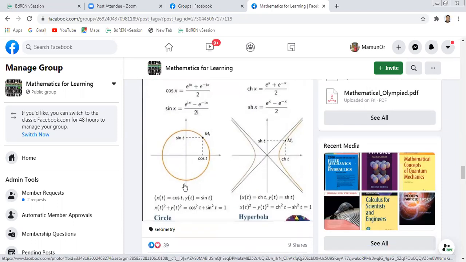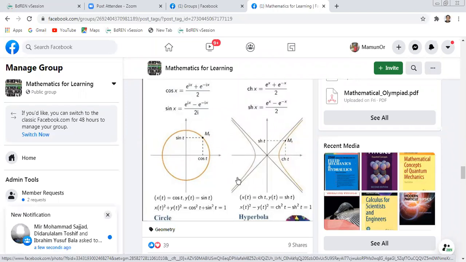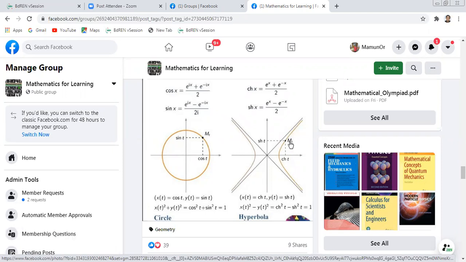But in the figure, observe that figure, this will be along the x-axis, that means along the base cos, along the perpendicular this will be sine, and this is the point, the main point. But in hyperbolic, hyperbola, you must know hyperbola, this is the hyperbolic function, right? But this is the circle. This is why it is called circular function. And it makes a hyperbola, this is why it is called hyperbolic function. And the point lies on the hyperbola.